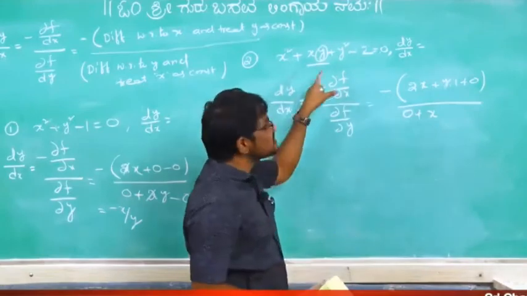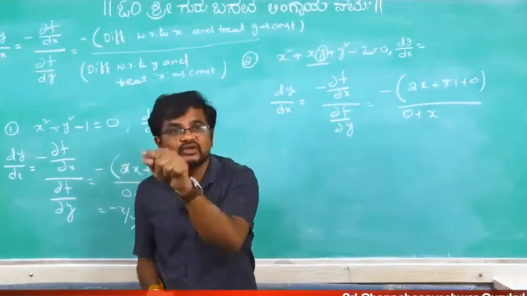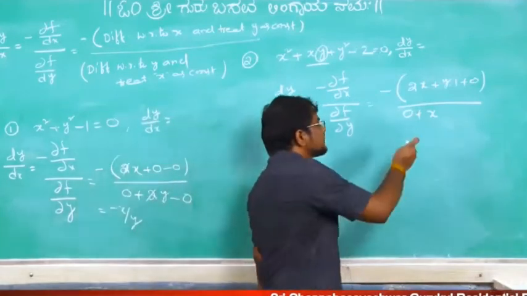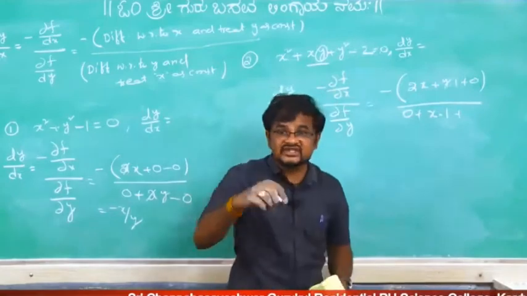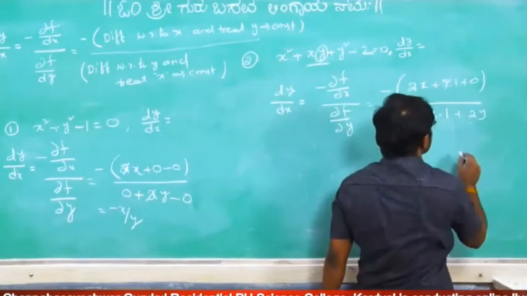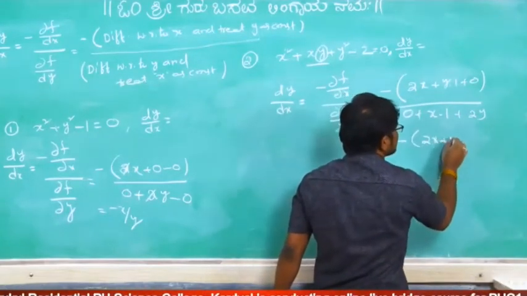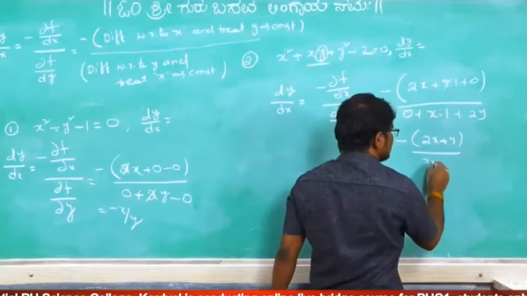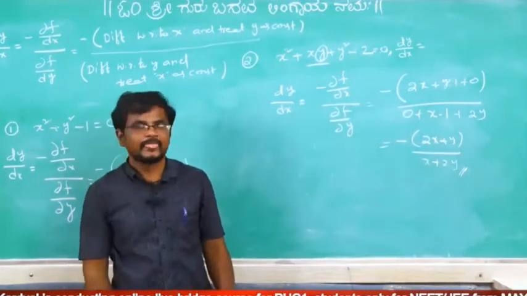We have to do the differentiation for y with respect to y. Differentiation of y with respect to y is 1. So that's why it is 1. Plus differentiation of y square with respect to y, 2y, and the next one is constant only. And now that is equal to minus of 2x plus y divided by x plus 2y. Directly you got it or not? Same thing you will get. Okay.